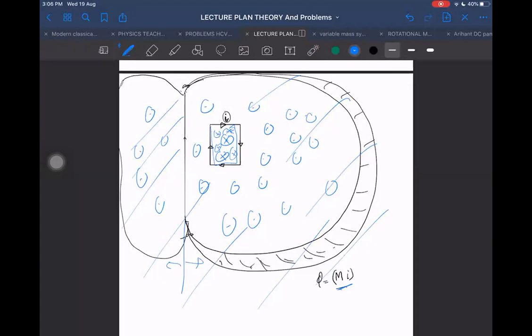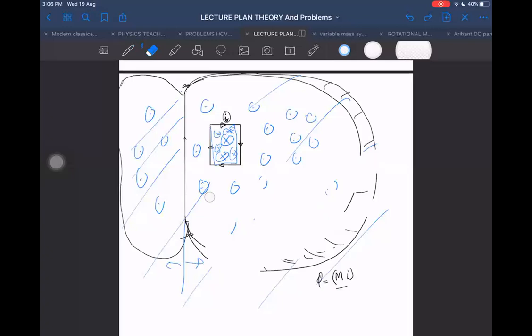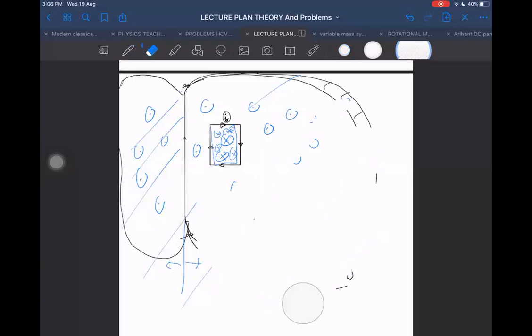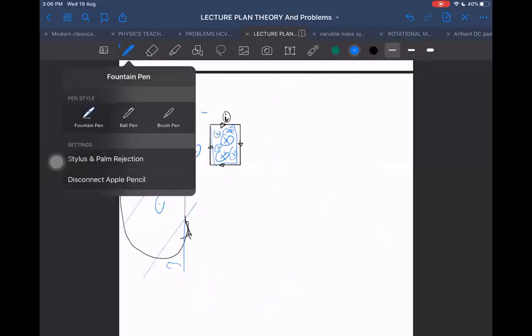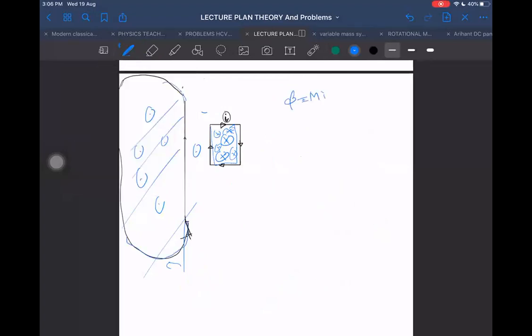Is it clear? Sir, how are they equal on left and right? In the left loop and right loop, how are they equal? They are equal because when we found out the mutual inductance, I did not even tell you how the loop is returning back. Means you can apply the same logic for finding out the flux. That flux is equal to mutual inductance into I. That will still work. Whether I give the loop on the left hand side or on the right hand side, this formula will still be valid or not? Tell me. Yes, sir, valid. So that's why it will be the same only.